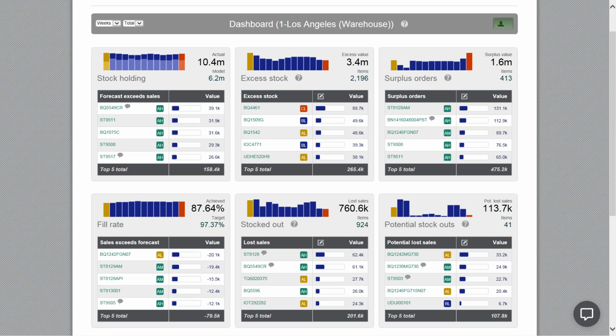I can see how my inventory has been trending over time. Each of these bars represents a period of time. There are 12, and they can be displayed in days, weeks, or months. So in this case, I'm looking at weeks. 12 weeks ago in yellow,